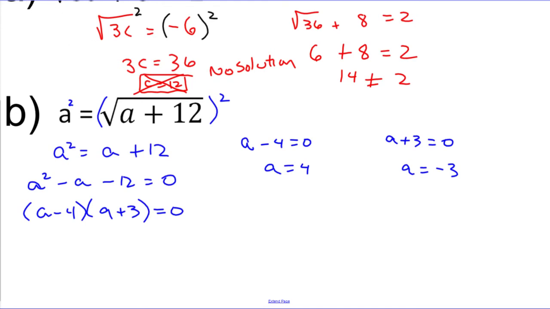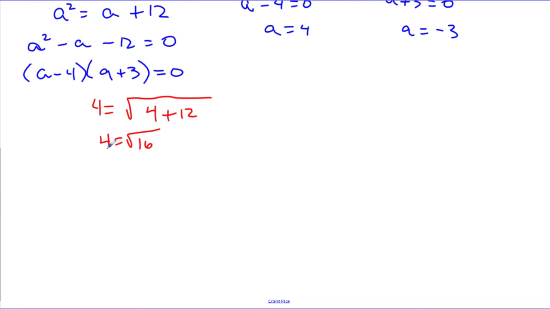Right? So what we need to do now is check each of these answers and see if they are actually going to make the left-hand side and the right-hand side equal. So let's start off with my original problem. Let me get rid of all this stuff that I added in. Okay, my original problem says that a should be equal to the square root of a plus 12. So let's check. All right, if I plug in 4, it looks like it says 4 is equal to the square root of 4 plus 12. Okay, so 4 plus 12 is 16. So is 4 equal to the principal square root of 16? Remember, the positive square root of 16 is 4. That one worked out,